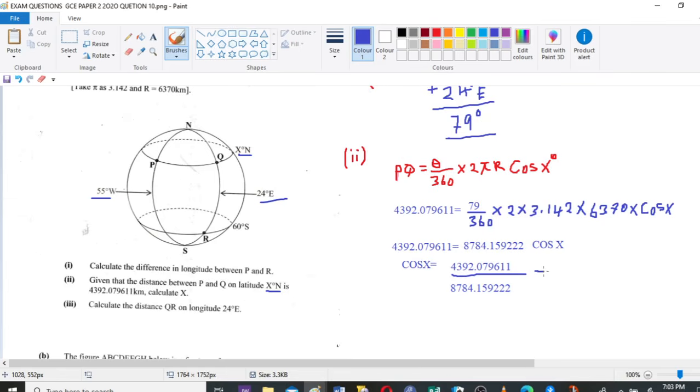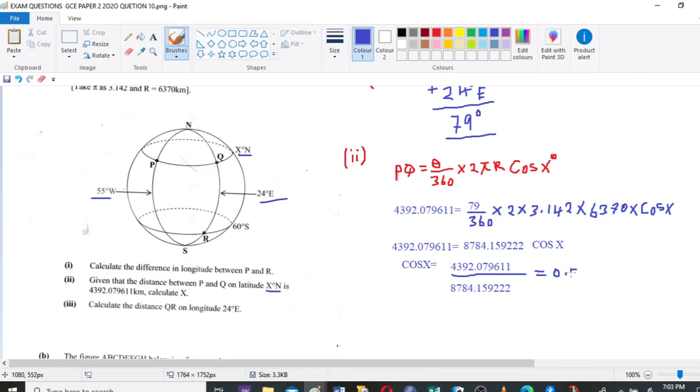If you use your calculator, let's hope you are going to get the same number, so you can follow along and confirm with the calculator. So we have 4392, that's 0.079611. We divide that by the number at the bottom. Okay, 9, that's 222, and the answer we are getting is